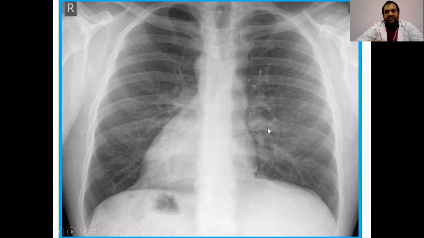This is another chest radiograph. In this chest radiograph, the entire mediastinum is shifted to the right, and the stomach bubble or fundal gas bubble is on the right side. Normally this should be present on the left side. So the diagnosis will be situs inversus totalis, since the aortic knuckle is also on the right side.